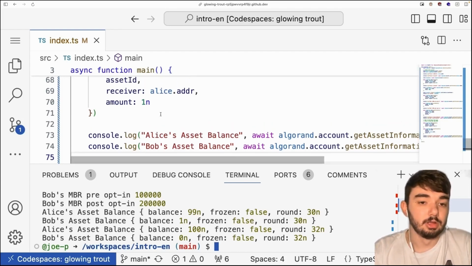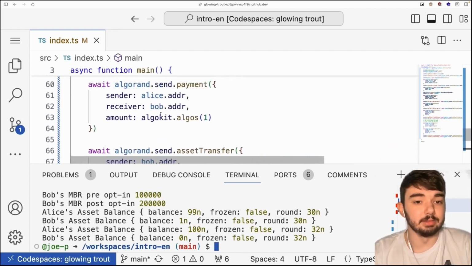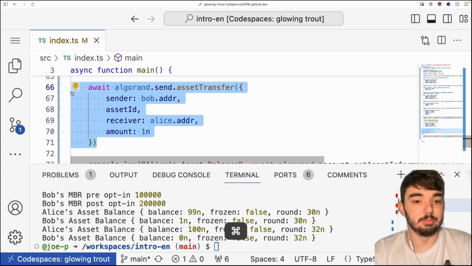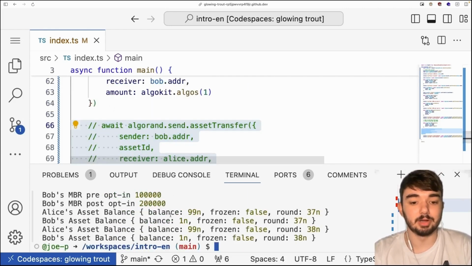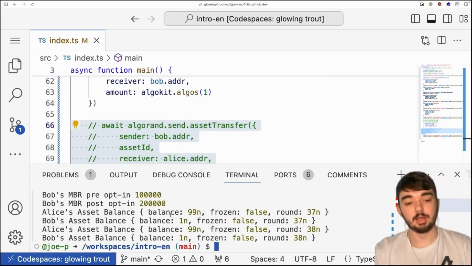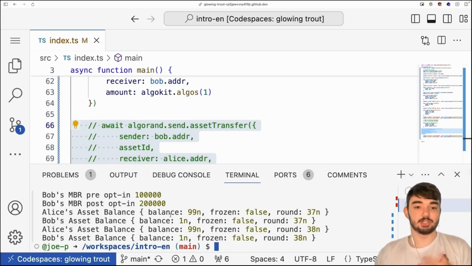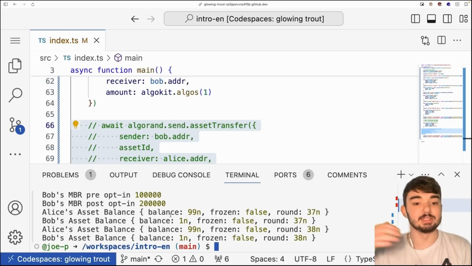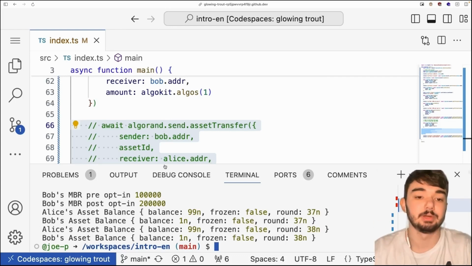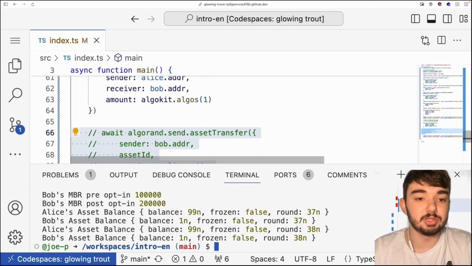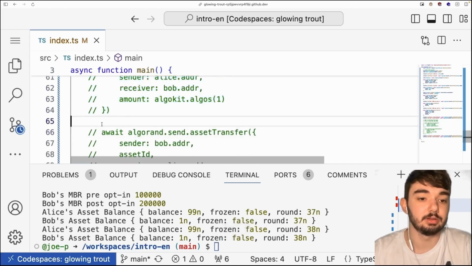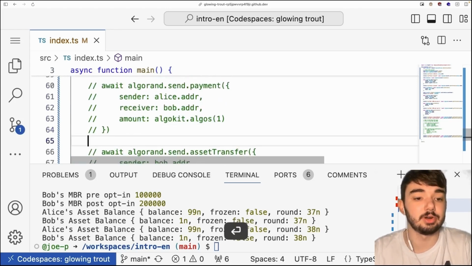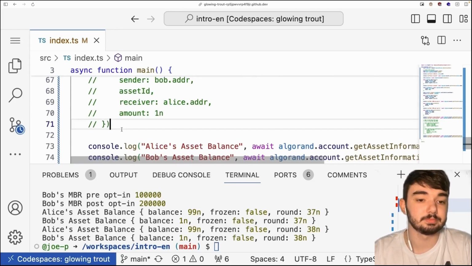All is good. But what happens if Alice sends her Algo and Bob decides to not send his asset transfer, right? So Alice sends the Algo, but Bob still holds on to the asset. Alice wants to make sure that she's not just sending her Algo and Bob's not running away with it. And Bob wants to make sure that he's sending his asset and getting something in return. So we basically want to combine these two things into one atomic unit of work, or as we call it on Algorand, an atomic transaction group.